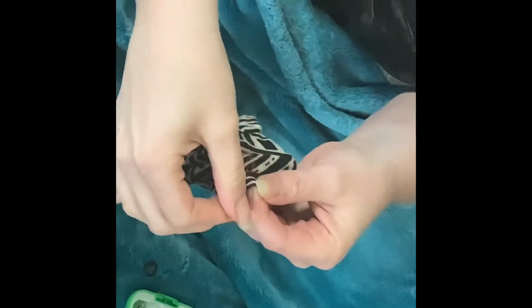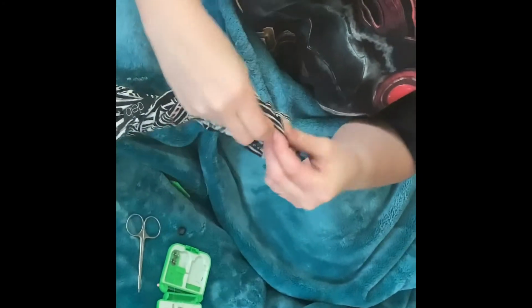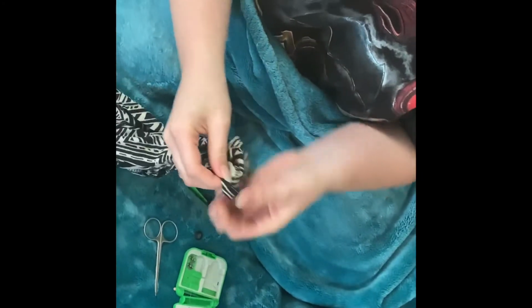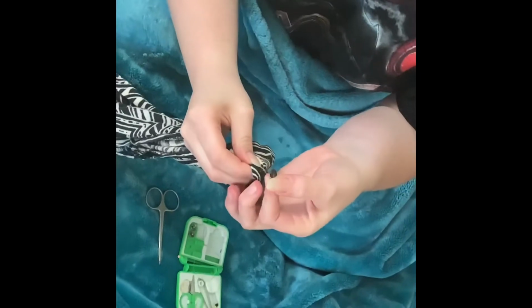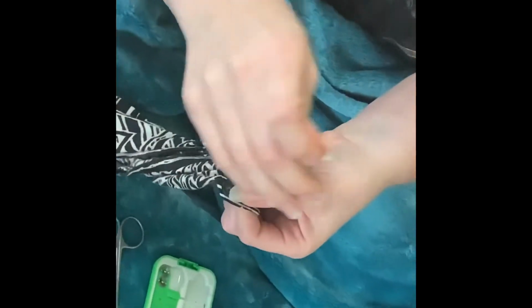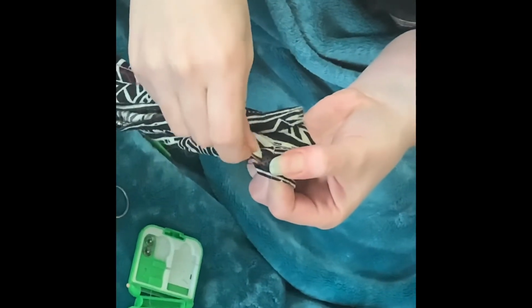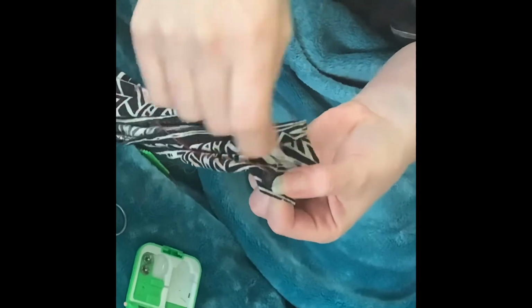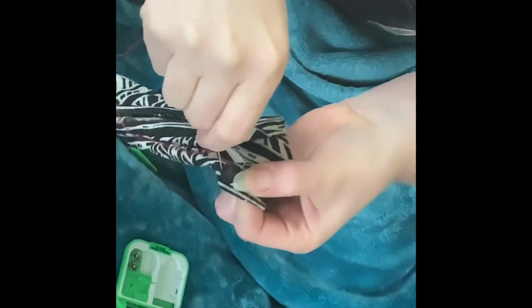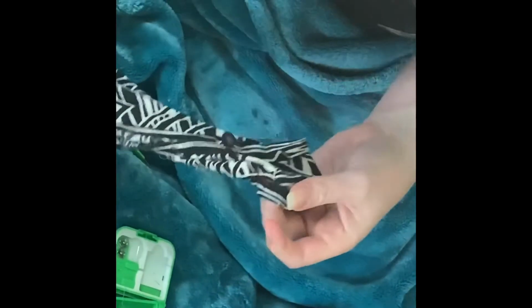All right. So now that I've formed a base for my button, I'm going to come back up through and I'm going to put my button on it. Just pick one side. We're going to do a crossover button. You can do it however you want, but you want to go on the one across so you'll have the X formation. So put it here, and then the one across from you, go back down into...